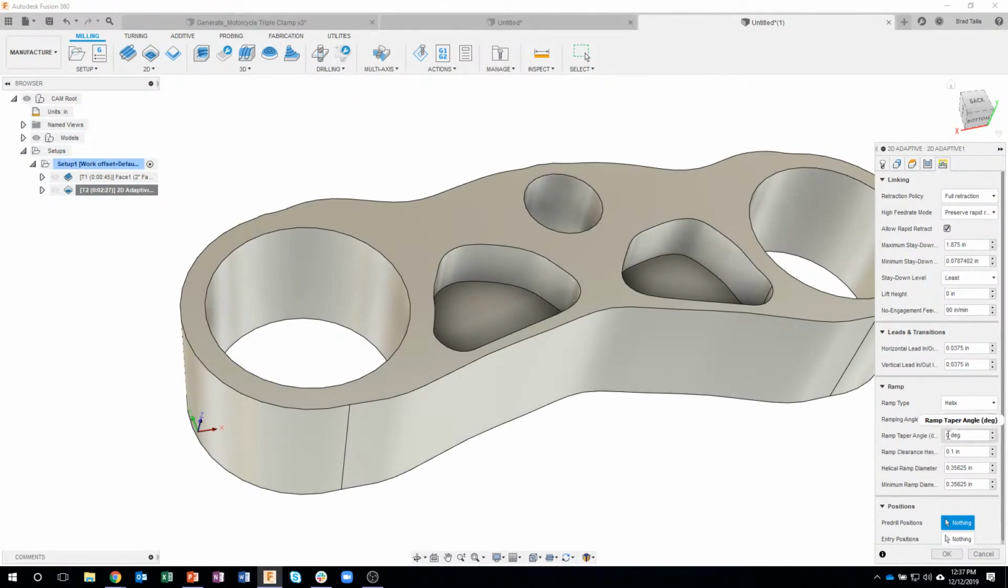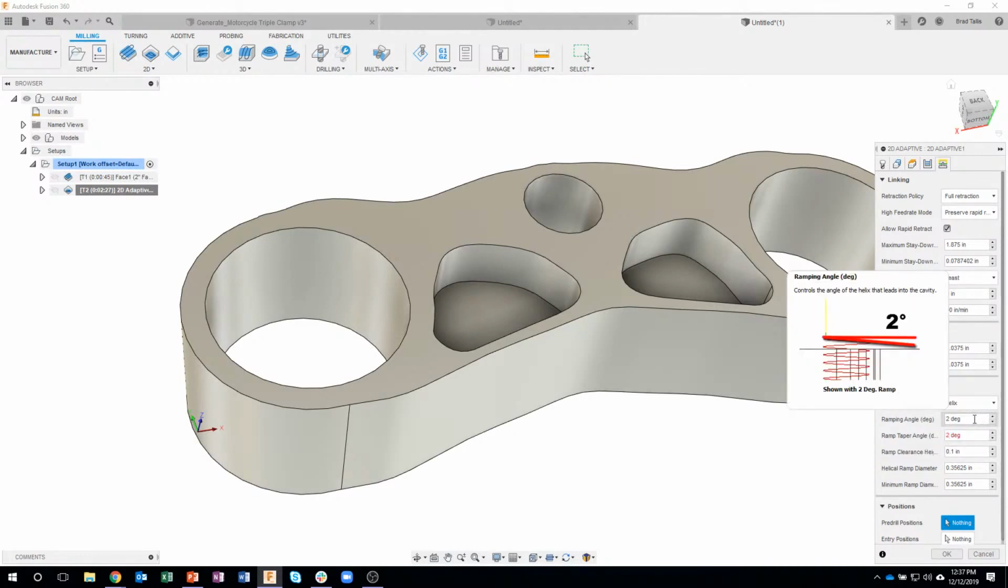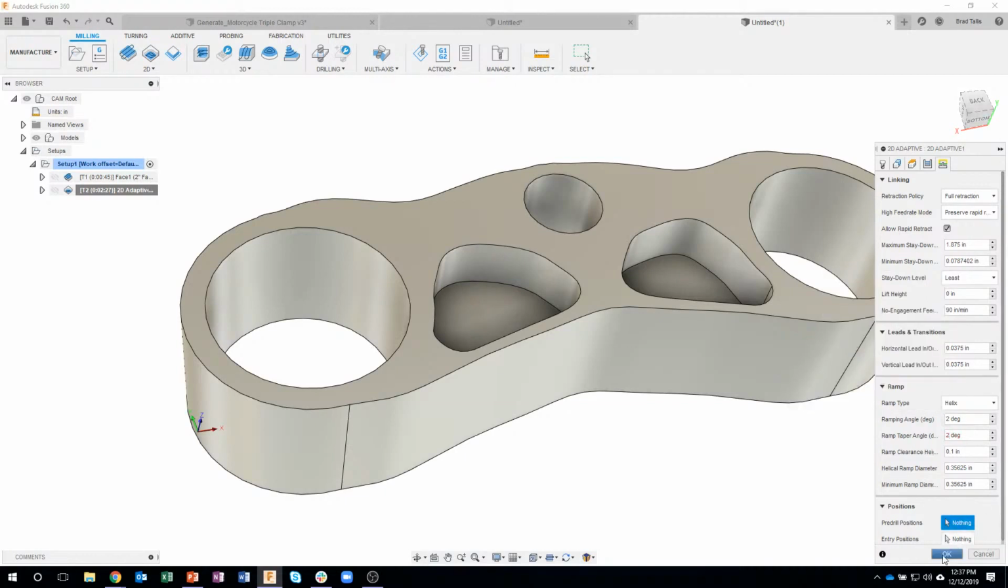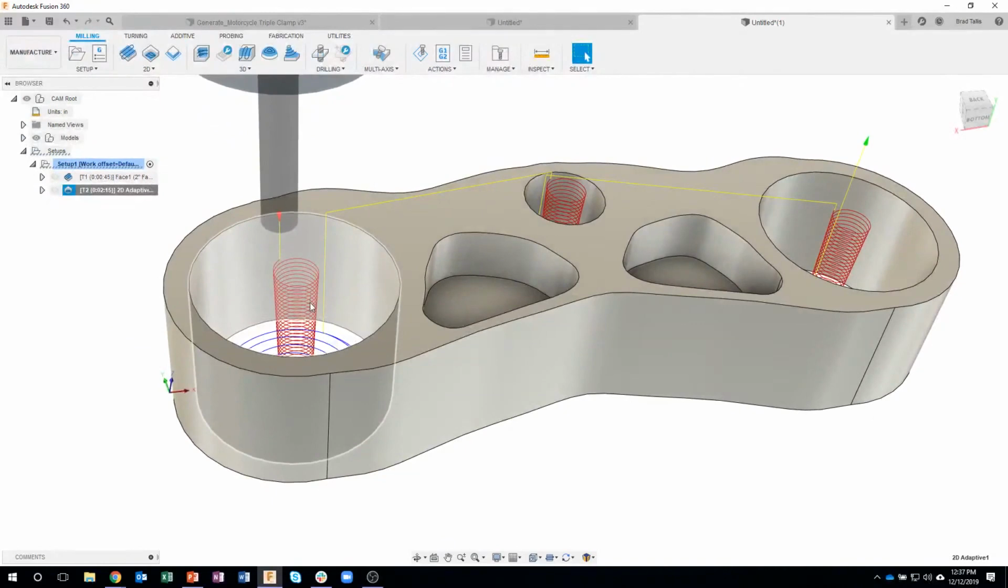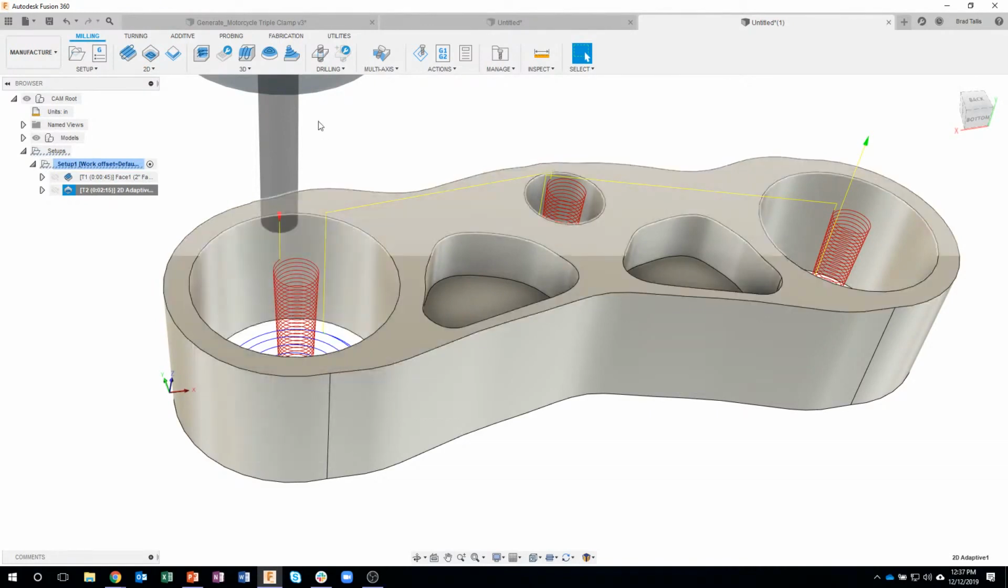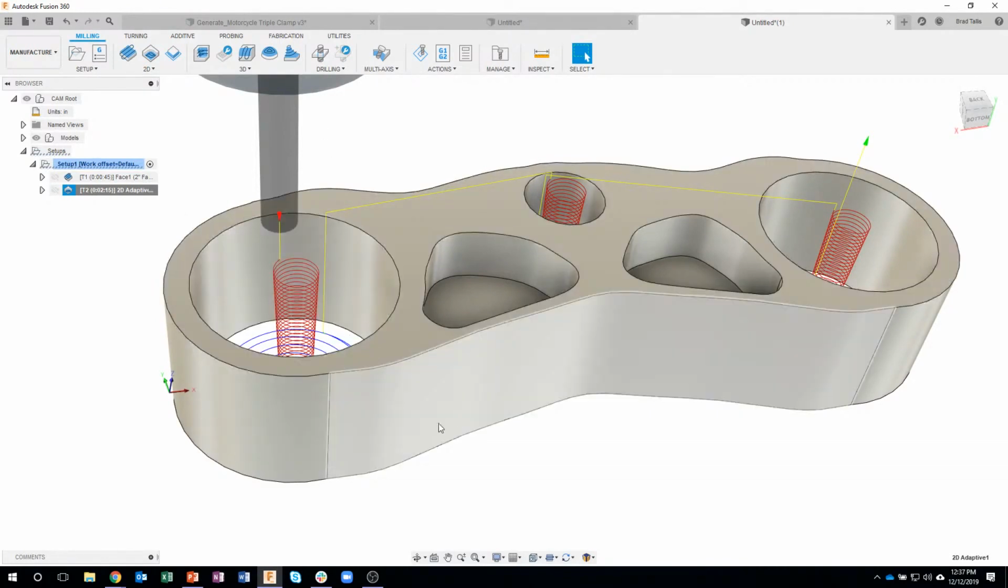I'll come in here and say ramp taper angle. You'll see it's set to 0. I'm going to just make that maybe like 2 degrees, for example, and say OK. And what that's going to do is you can kind of see how it tapers that down. And that allows chips to be able to come out as it's being machined. So again, it helps with the cutting, it helps with the finish, and it helps with not creating as much